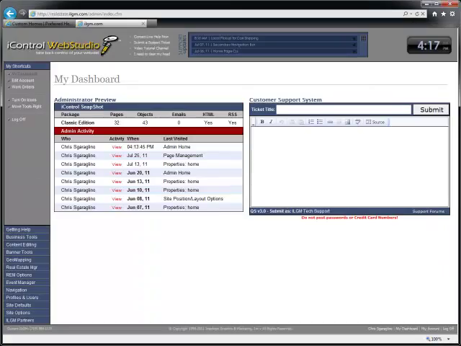Alright, the first topic we're going to cover is includes. Includes are the ability to run external applications in a page. This is the way that iControl WebStudio connects different external applications such as the event module, the shopping cart, real estate tools, and so on to a page and associated by the administrators so that the visitors can get access